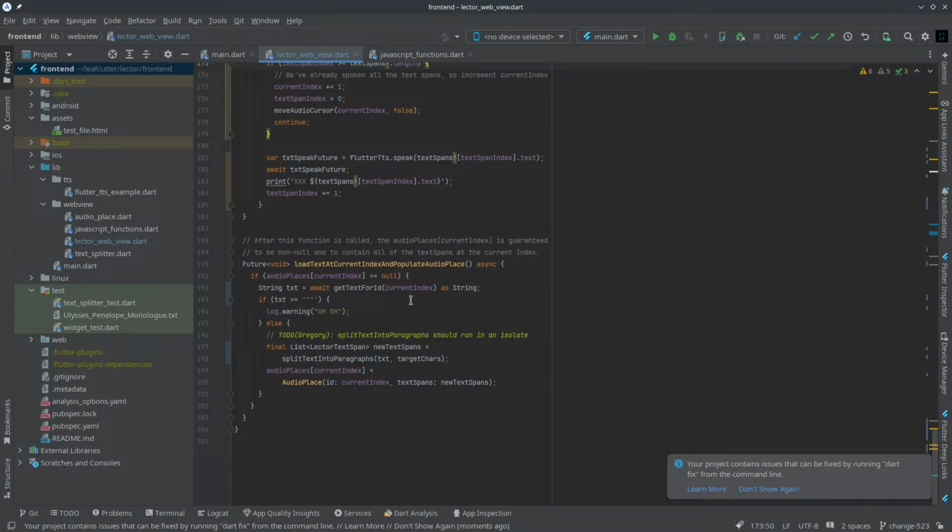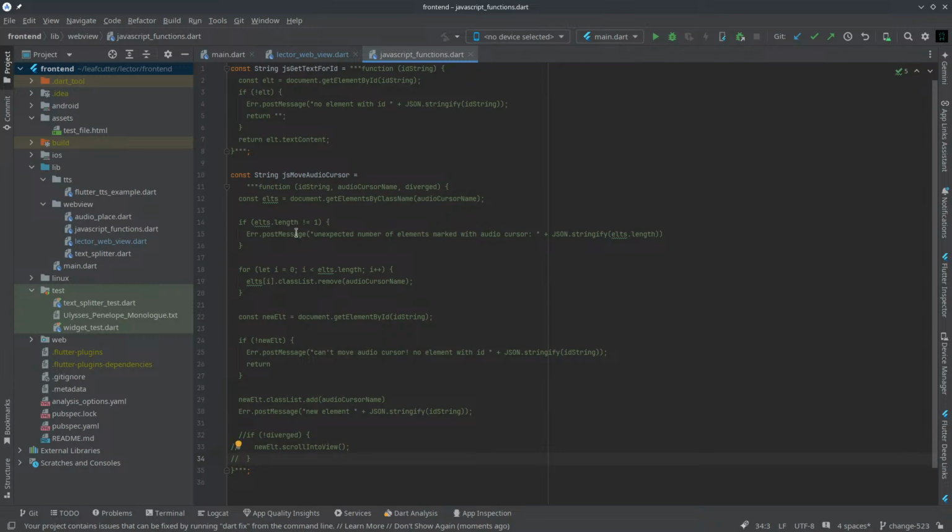Okay, so at the end of the last stream, I was having trouble figuring out why there was this edge condition where we fell off the HTML page and it started speaking what sounded like "quote quote," and it was in fact "quote quote." And I realized the root problem was that the JavaScript function here, when there's an error condition, returns what I thought was the empty string, and I guess it is